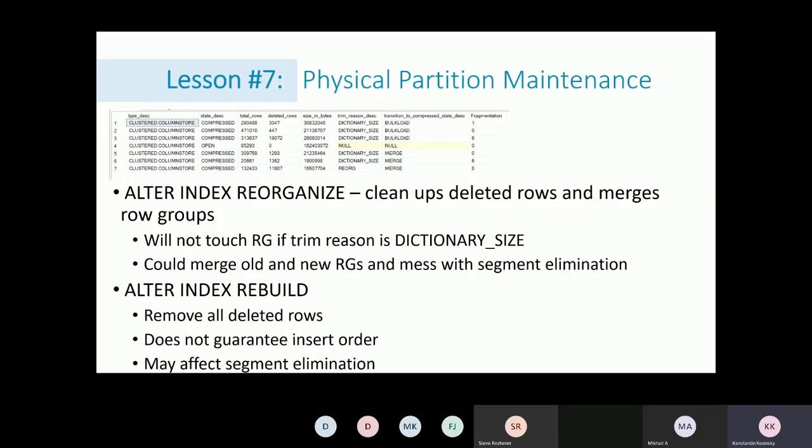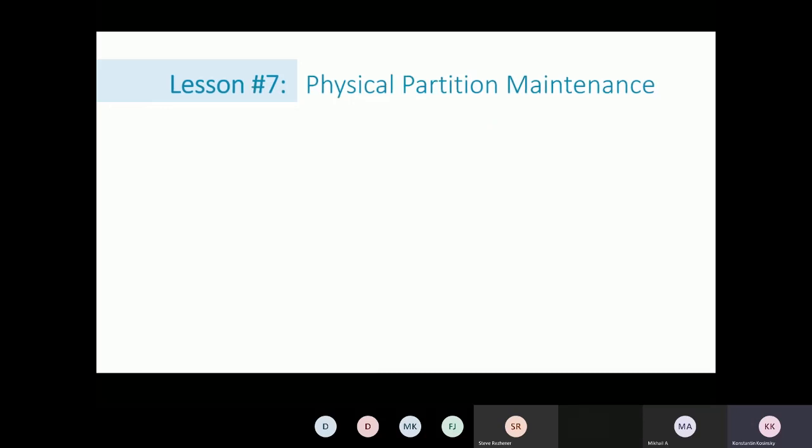It's still a preview feature. They have an option when you create a clustered columnstore index, say ORDER, and specify columns to order by. It will be an ordered clustered columnstore index, and a rebuild will maintain this order. Okay, but if you are on on-prem SQL or Azure SQL DB, you need to do some custom solution. So what we are doing